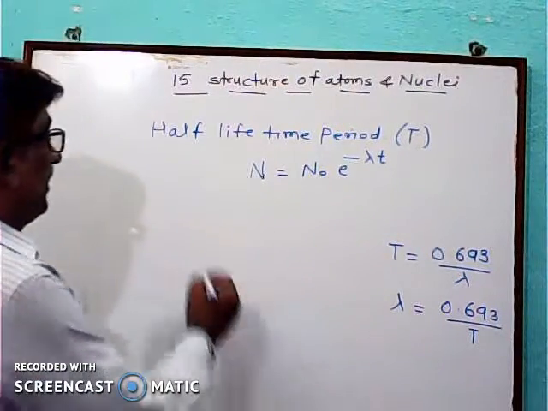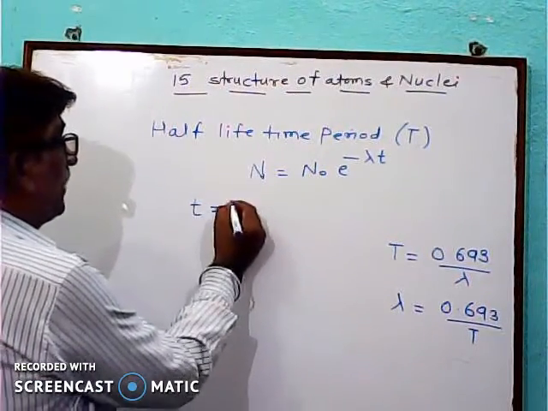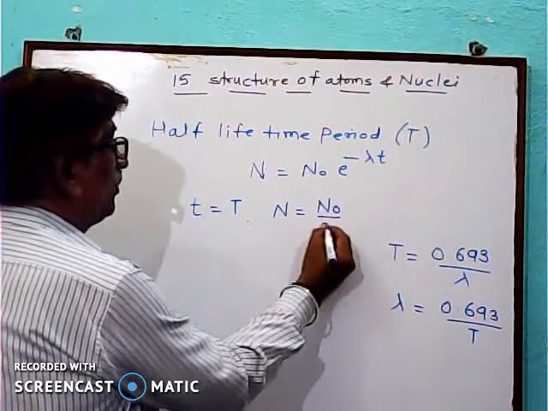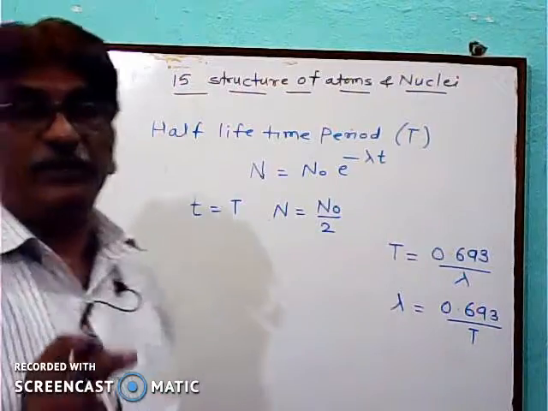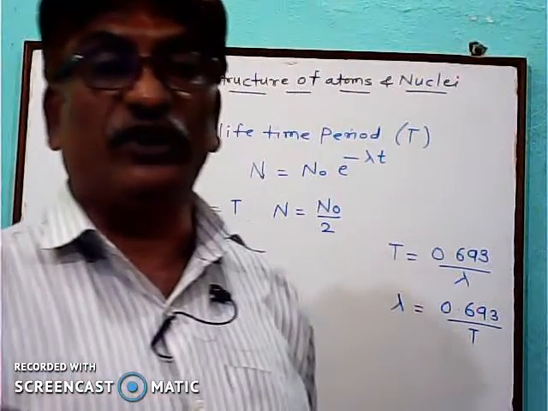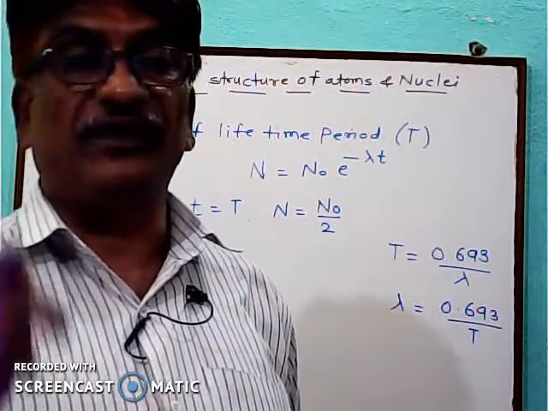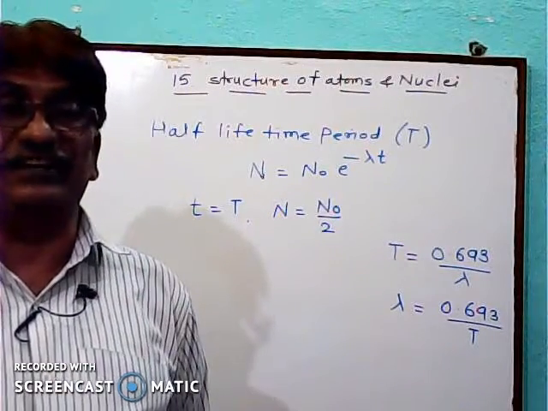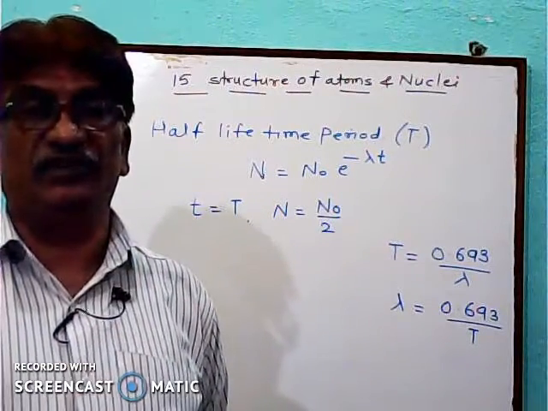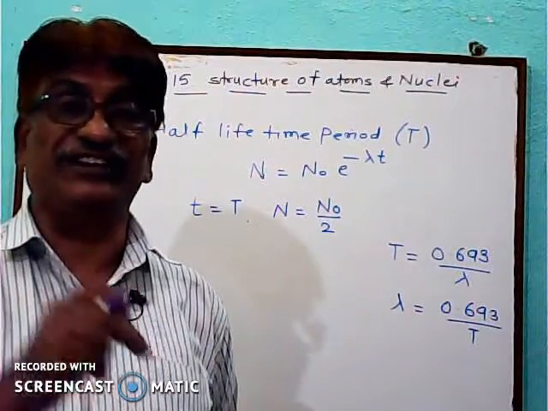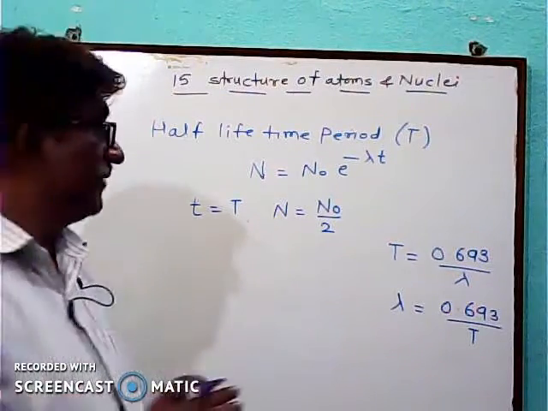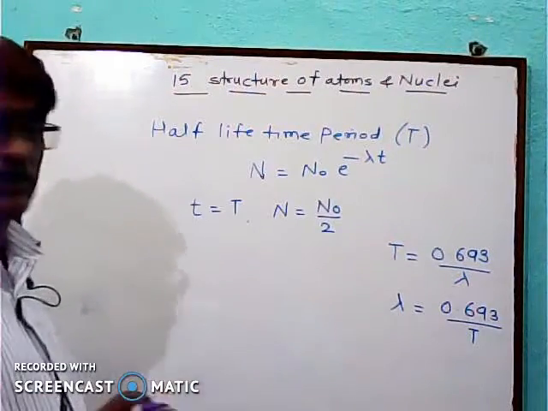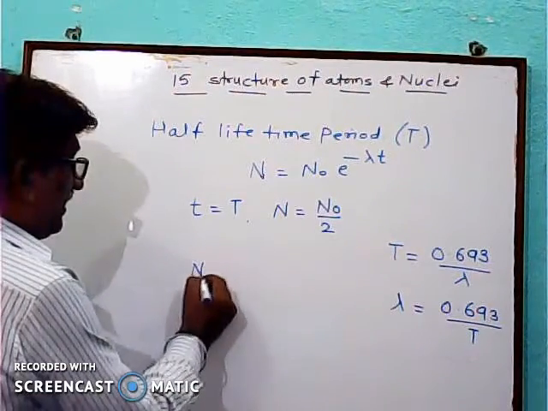Means if small t equal to capital T and capital N equal to N0 upon 2, because in capital T the substance can decay or disintegrate half of the number of initial atoms. So if these two values are substituted in the above expression, we write as capital N